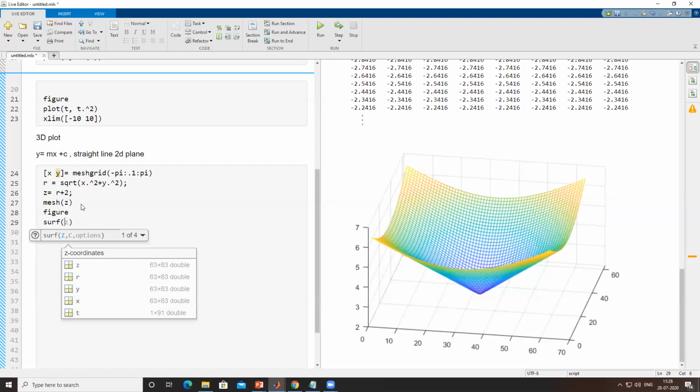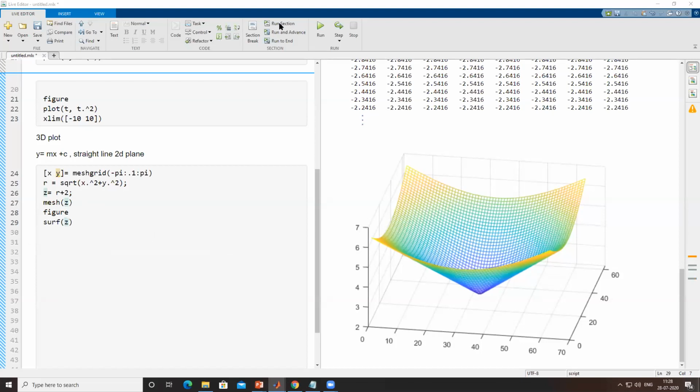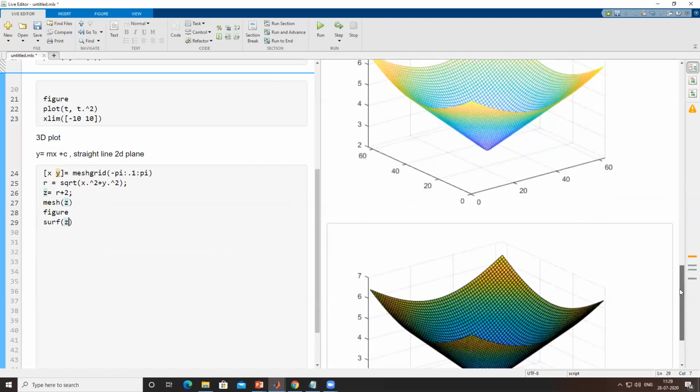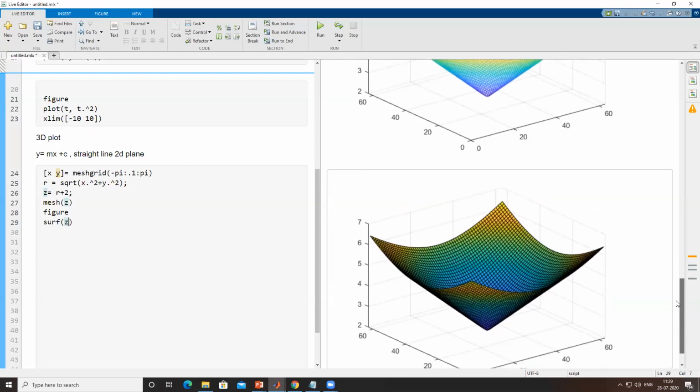You can treat it like making a cone with a mosquito net, where you can only see the lines interconnecting with each other, but surf will create the surface also. Here we have two graphs: one is transparent, just with grid lines, and the other has the surface.